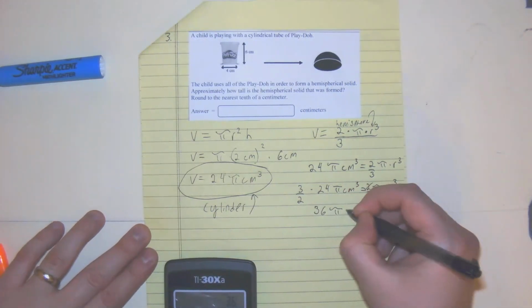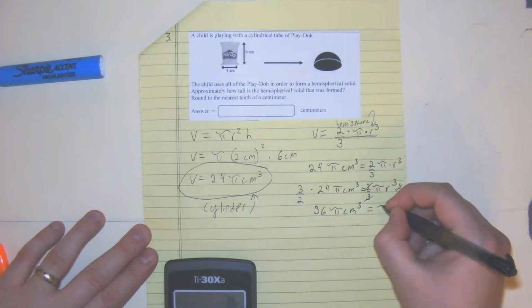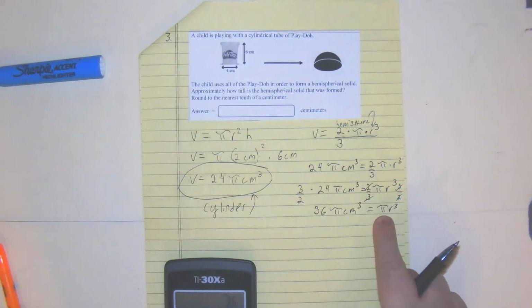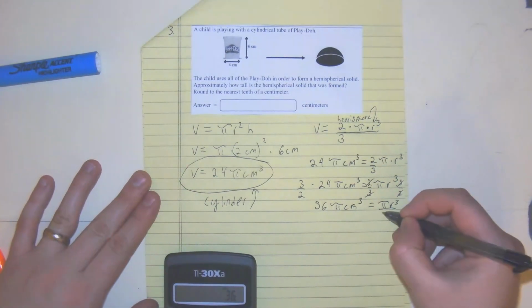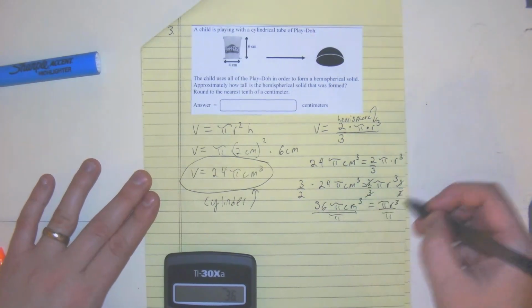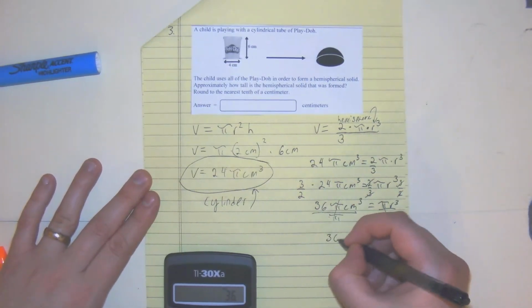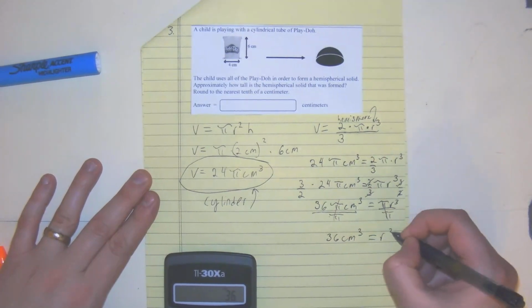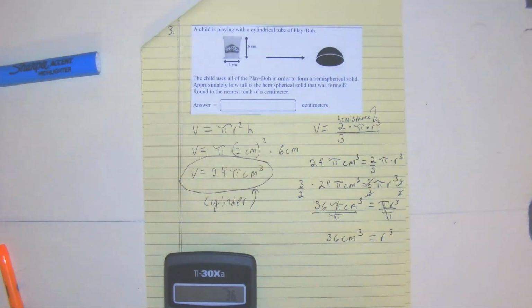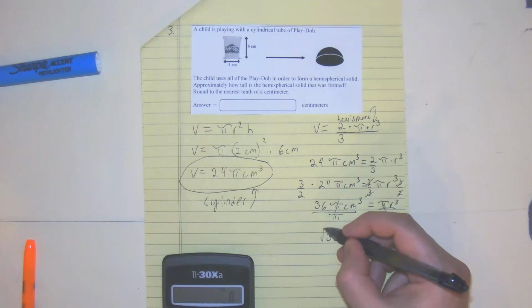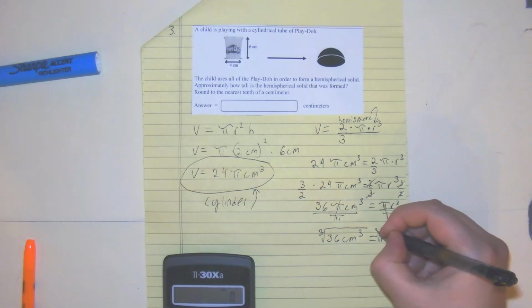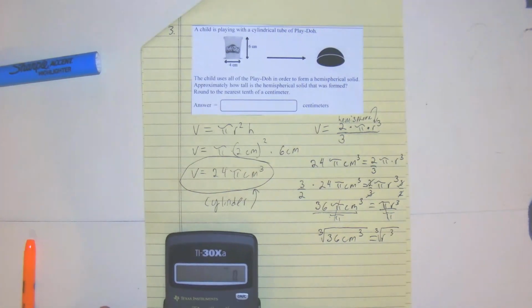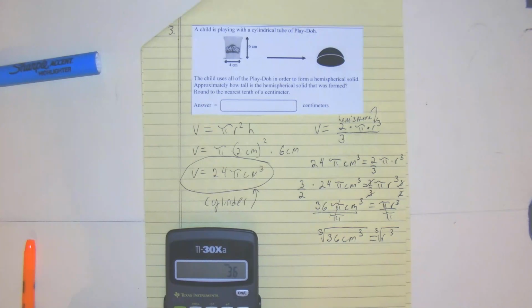So we're left with 36 pi centimeters cubed equals pi r cubed. I want to get pi out of the answer. So the inverse of multiplying by pi, divide both sides by pi. We're left with 36 centimeters cubed equals r cubed. The inverse of a cube is a cube root. So we're going to take the cube root of both sides. Remember, our index has to be 3 here. So the way you would do this on this calculator, you would do 36